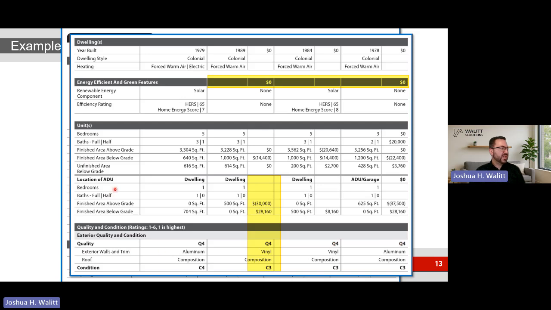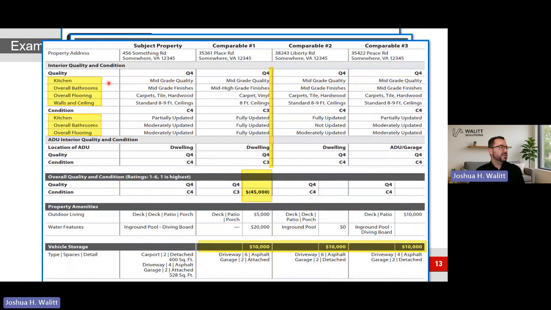But notice here we have a lot more detail. This has below grade, so there's more lines to appear. All right, here the appraiser has chosen to have additional fields appear in the exterior quality. They want to show they have the same roof for whatever reason in this case. They want to show that there's a range of exterior siding here, including aluminum and vinyl. They've chosen to have those rows appear. And a lot more detail on the interior quality and condition.